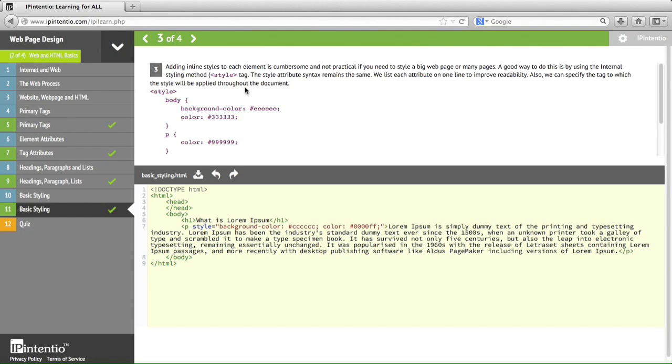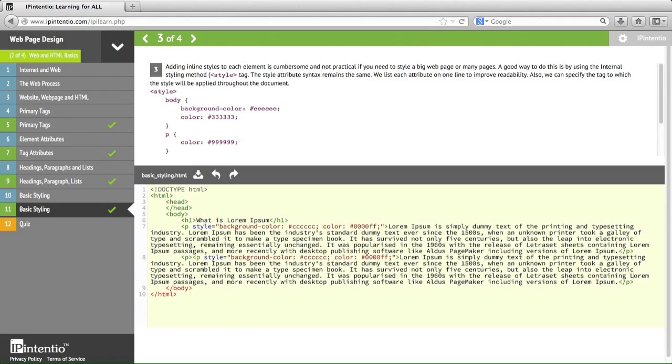styling a particular element. Now let's say you have multiple paragraphs in your page, right? So let's take this example. Okay, let us just add another paragraph over here, which will essentially be the same one, just repeat it. Okay, so there we go. Now, let us say we want to apply the same background color and the same color to both these paragraphs,